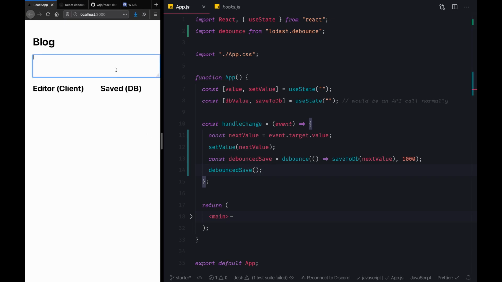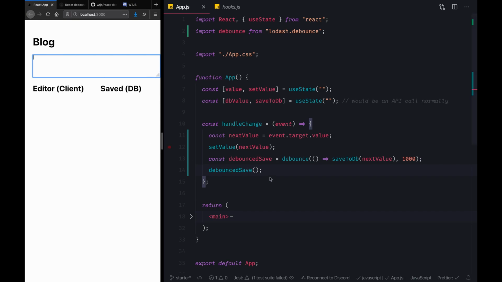And let's take a look at what exactly is happening here. So you can see that as I'm typing the value, it is also being saved here. The debounceSave is being called, but instead of debouncing the entire value, instead of waiting for the user to finish typing the entire sentence, we are actually debouncing each and every keystroke. So as I'm typing, you can see that each and every keystroke is being translated to the database, but each one is being delayed by 1 second. So this isn't what we actually want.